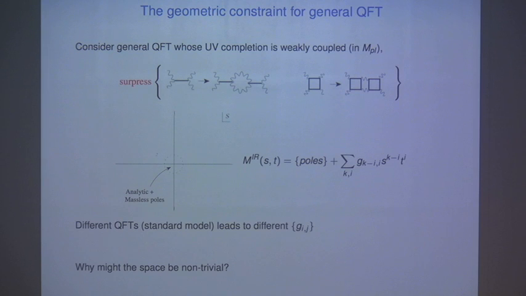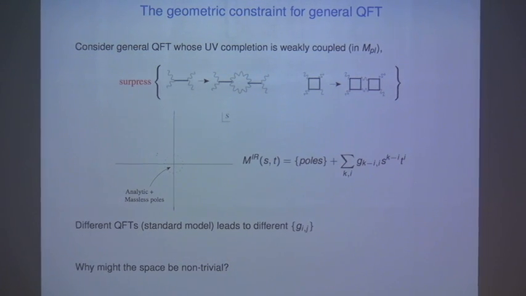So let me first begin with the EFT part of the story. Here's my general setup. I'm going to consider a general quantum field theory, and I'm going to assume that it has some UV completion that is unitary. Now, first of all, I'm going to assume that the UV completion is weakly coupled and in Planck. I'm just doing this because I'm considering a low energy effective theory, which involves masses, gravitons, and photons, and I want to have a perturbative parameter to suppress my massless cut.